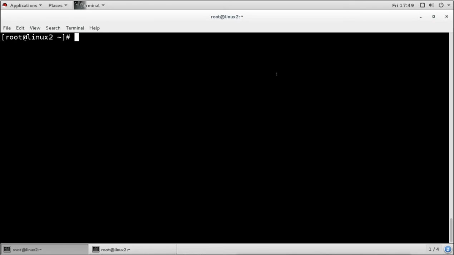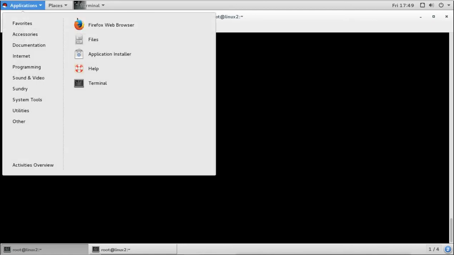Now why was the anonymous user enabled by default? It was enabled by default because of some web applications. For example, suppose a web developer develops an application that uses FTP for storing files.